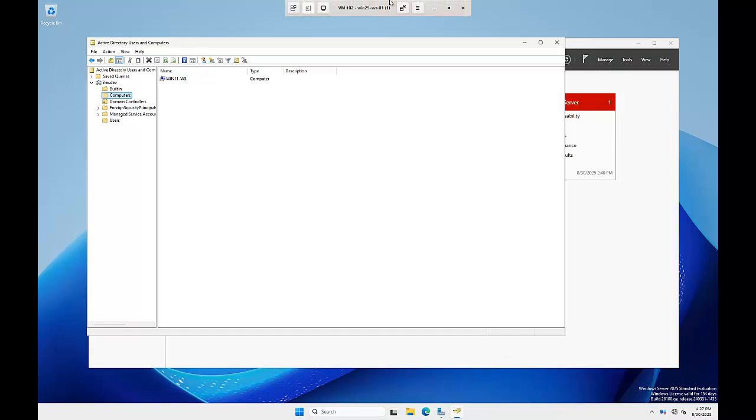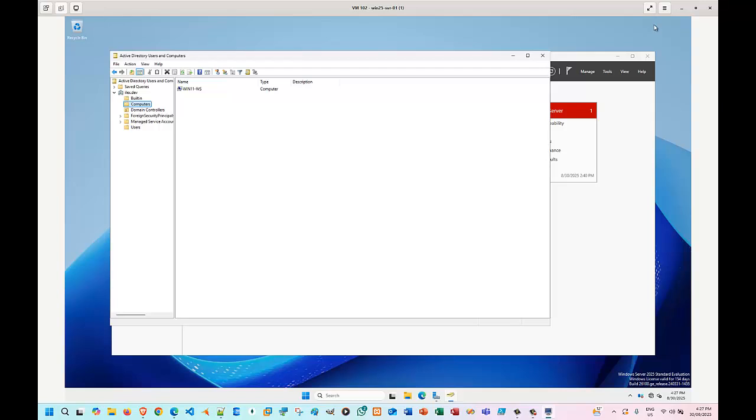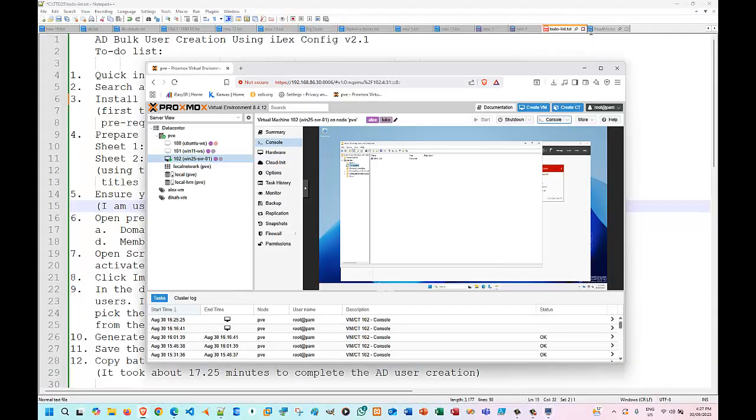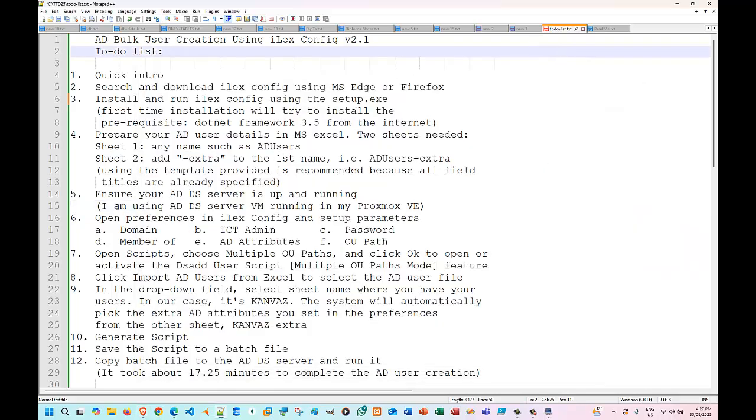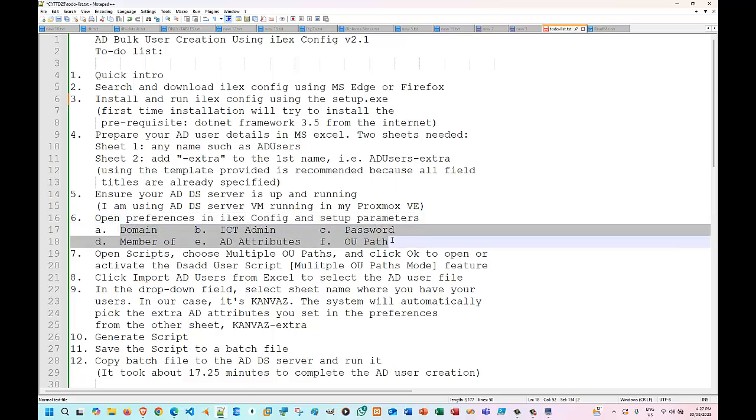I'll just come out from this one, put it down, and go back to my steps. So I have ensured my AD server is up and running. Okay, number 6, it says open preferences. Open preferences in iLex config and set up parameters. So I have to set parameters in these sections. All right, so where is my